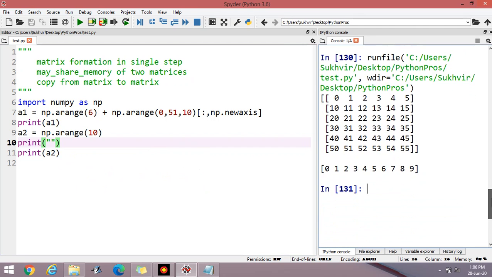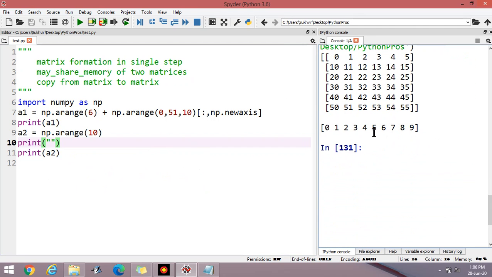You can produce some space. 0, 1, 2, 3 and so on up to 9. These are the values.